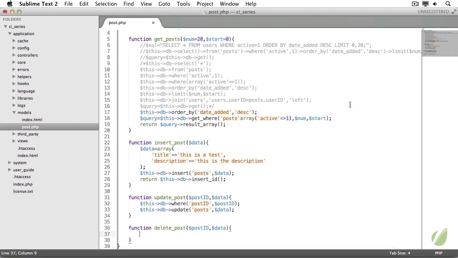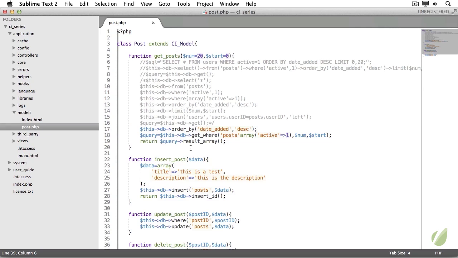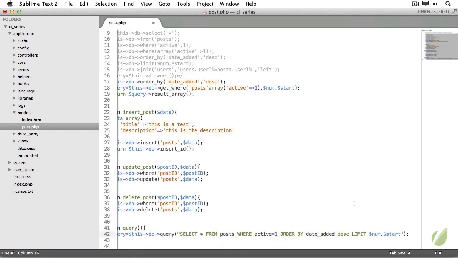Let's look at how we delete something. We do the same selector, and then we do this db delete. As you're seeing, this is very easy. Let's say you had a really complex query where you're doing multiple joins and ends. You might want to just go ahead and type out the query. What you do is this db query, then you put in the query that you want. So you can see it's very simple. You can still have the flexibility. You can still feel at ease if you're new to Codeigniter. If you want to type out your queries, you can. And in fact, it's a little bit faster of a load time if you type out the query instead of using